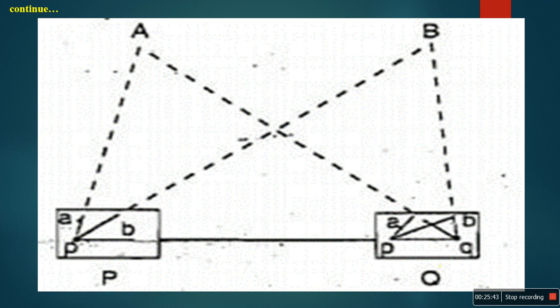Coming to the shifting of the instrument, set up over station Q. Then complete all the adjustments and orientation of the plane table. Then you have to bisect again from station Q to the P station, A station and B station. Draw the lines. Then these radial lines will cross the previously drawn lines. Then we will get the stations A and B on the drawing sheet. Okay, you have to follow the same procedure with respect to the stations in the field.